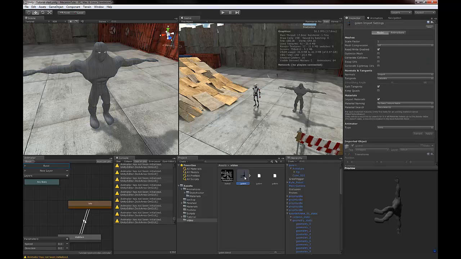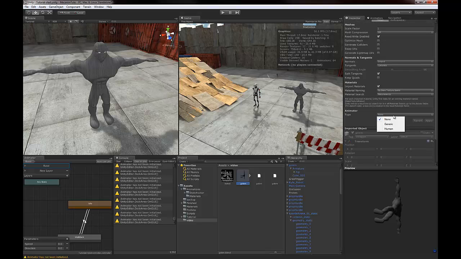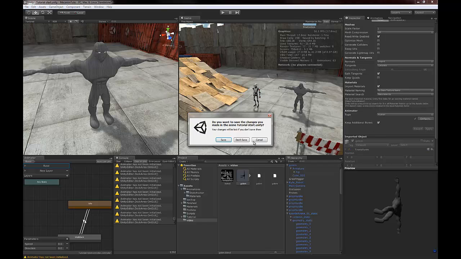Okay, now what we do is we go to him in the project panel and we change the animator type to human, and we hit apply, and then it takes a little while. It basically re-imports him and tries to do a lot of calculations while it's importing him. It seems every time that you apply something, the amount of time it takes is about the same time it takes to import the character in the first place, so I assume it's just re-importing the whole thing. Anyway, we can go into configure now, hit save,